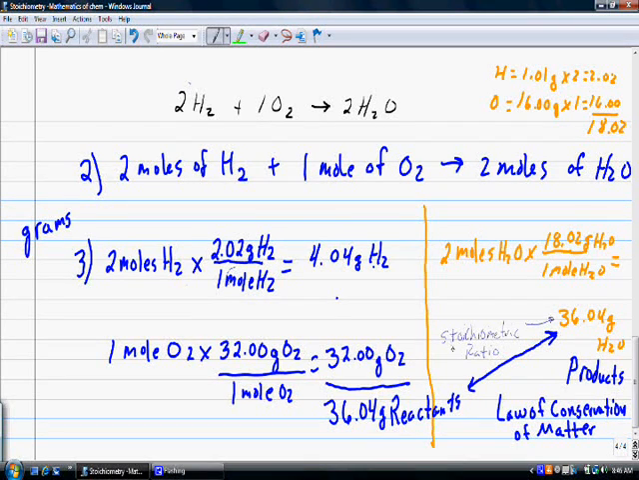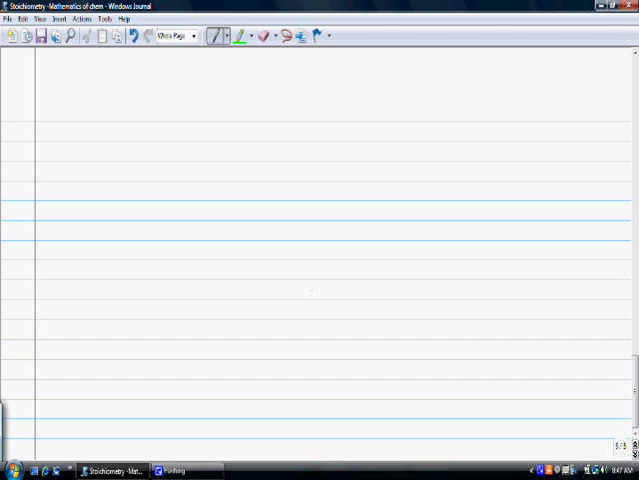If I were to react 4.04 grams of hydrogen with 32 grams of oxygen, or some ratio of those masses, then I would have a perfect stoichiometric ratio. I would have no reactants left over, and I would produce 36.04 grams of water. Okay, so now we can interpret this in terms of particles, moles, grams, and for right now, let's just discuss